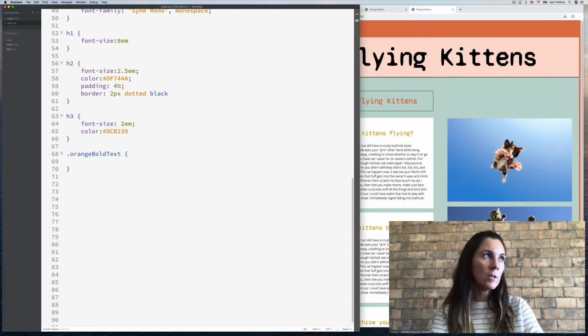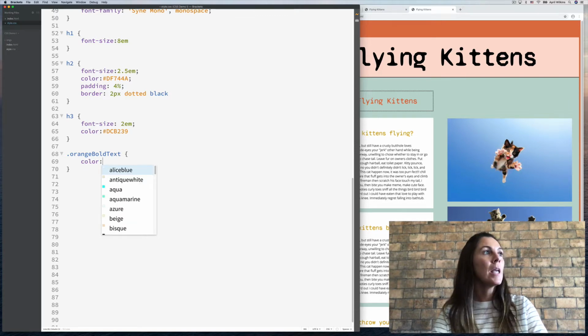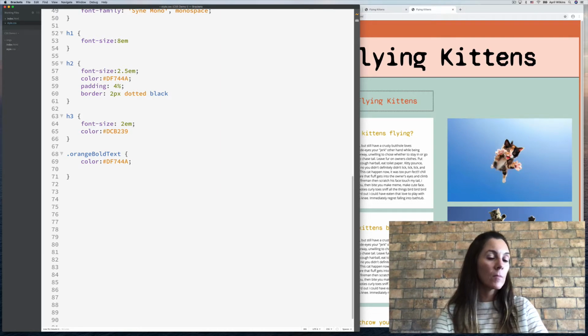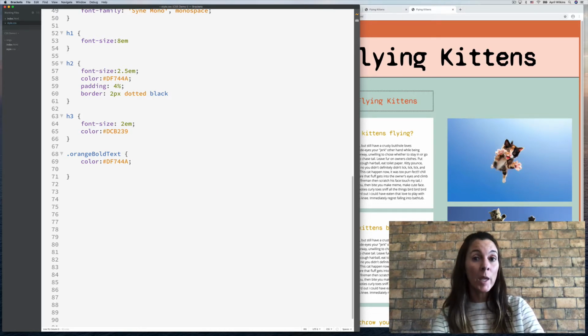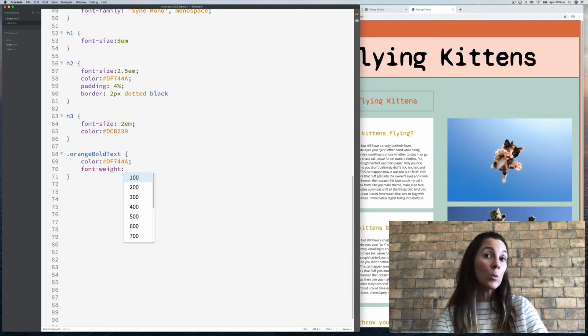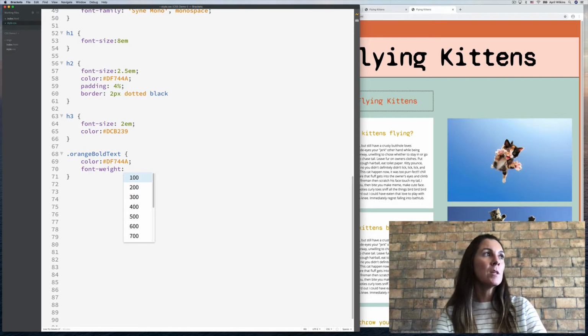So first I want to give this an orange color, so just color. And I'm pasting in that orange color. You could, of course, choose whatever color you want. I want to change the font weight. So font-weight. This is to make it bolder or lighter, depending on what you want to do. But this is always determined by what you added into your Google font when you created the link,